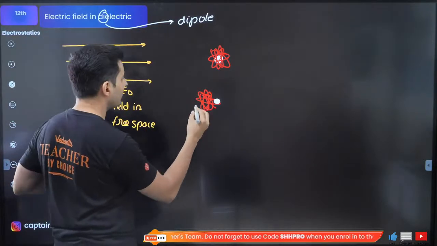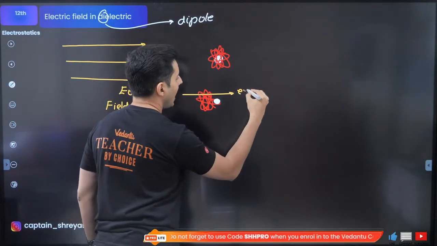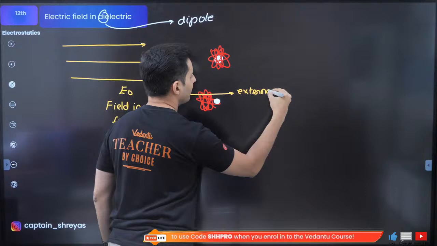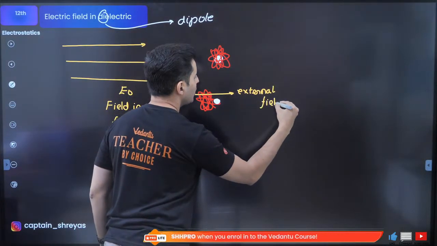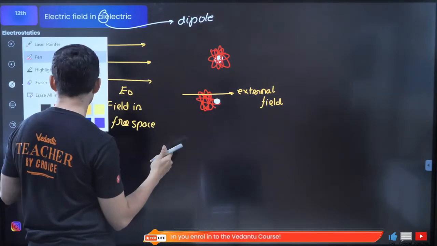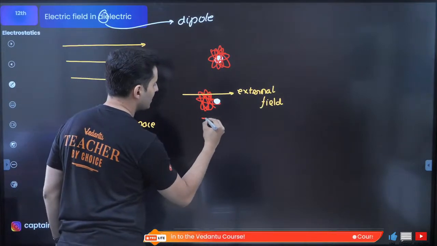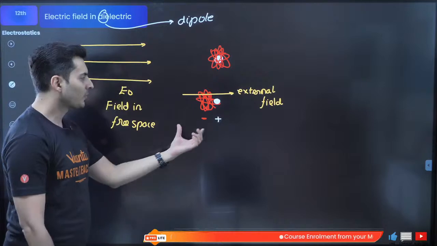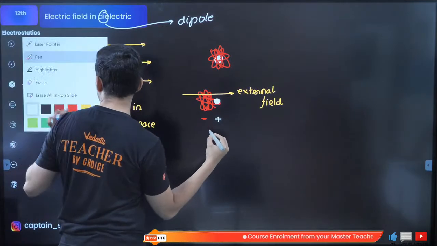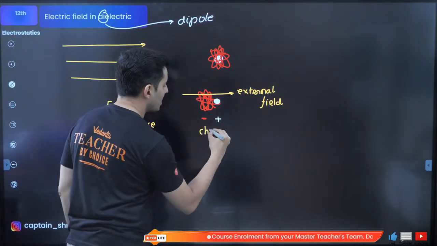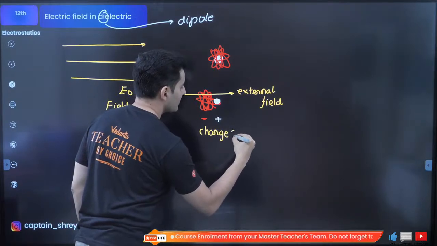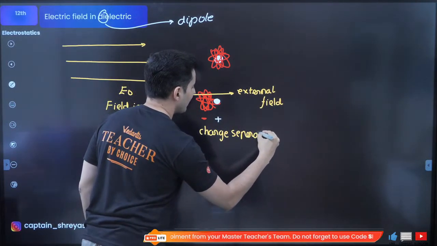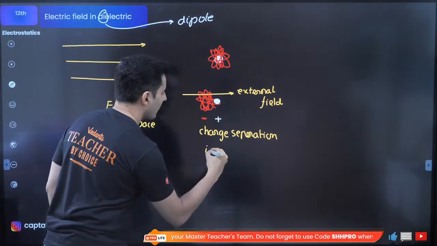This is under the influence of external field. What you have seen is a charge separation. You will see a negative charge here and you will see a positive charge over here. So basically what you are seeing because of the external field is a charge separation